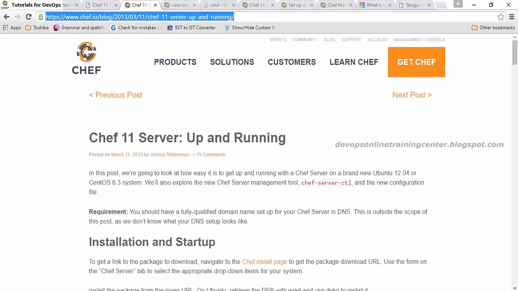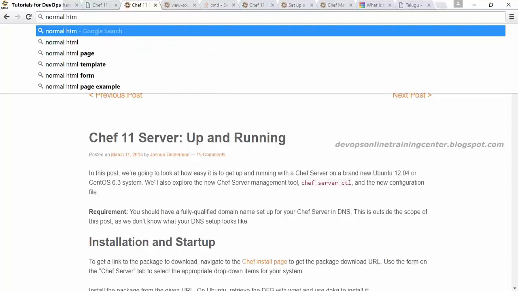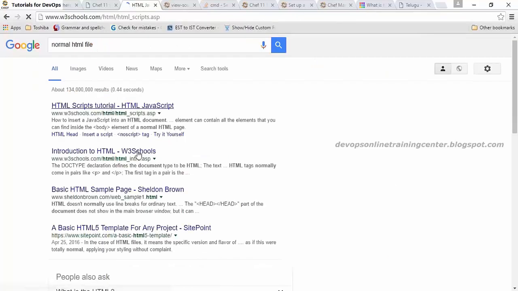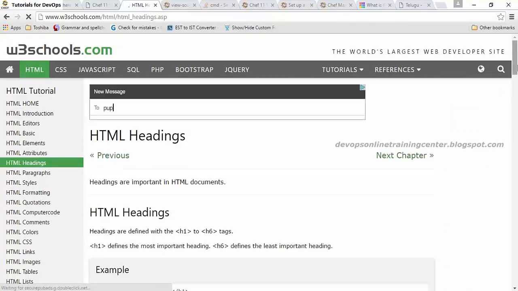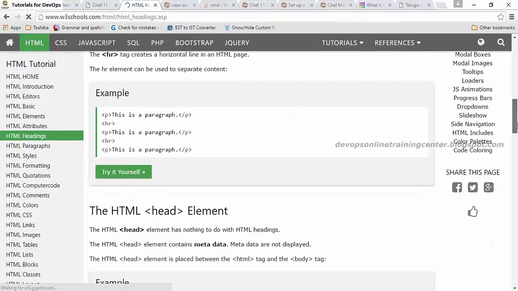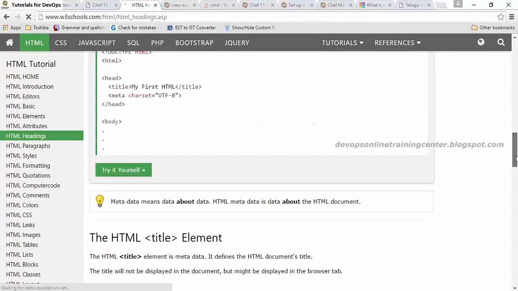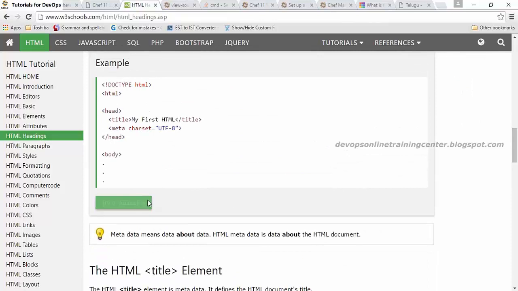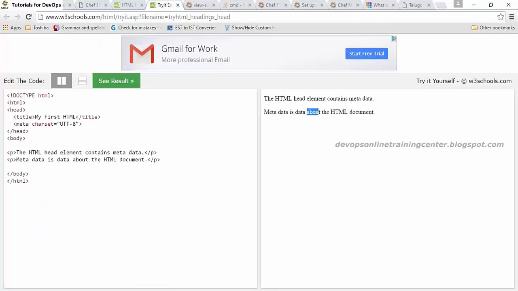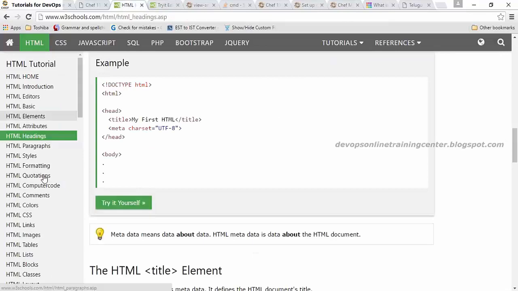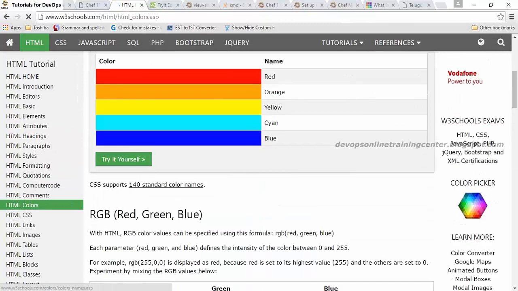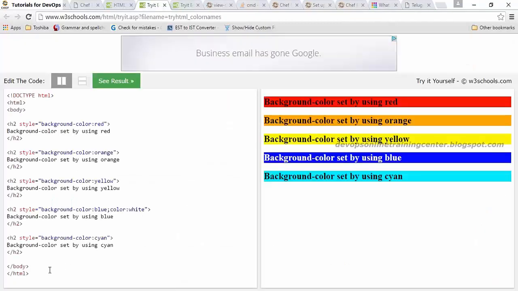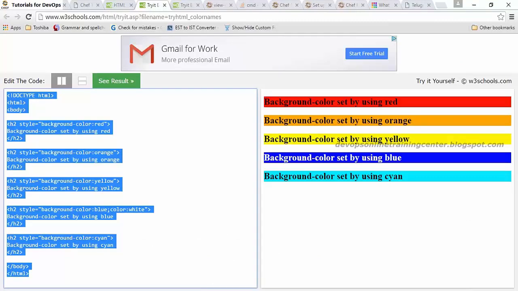Simple code. Normal HTML file. Okay. Let's take some simple HTML example. Try it yourself. I'm not getting proper HTML files. Okay, with some colors. Try it yourself. Okay, let's take this code, guys. Such a little bit of bigger code, and add it in your